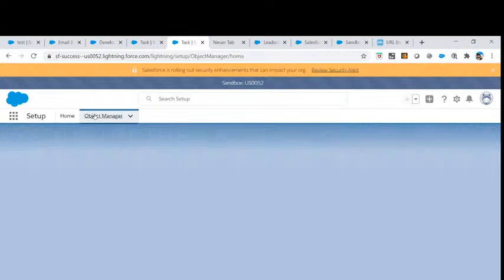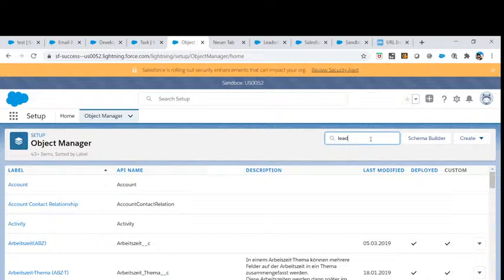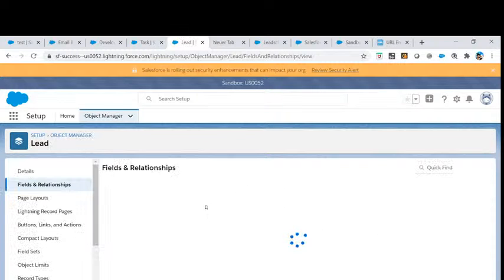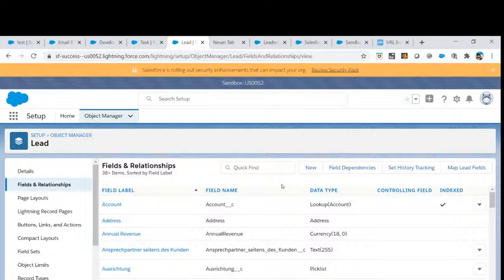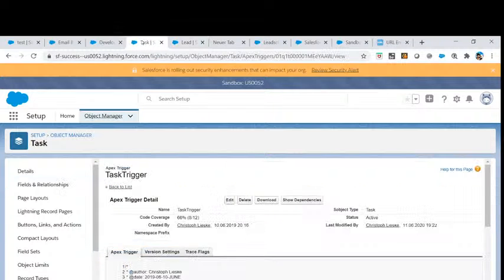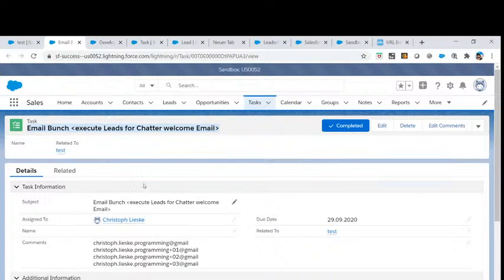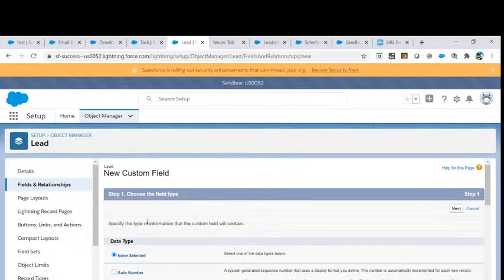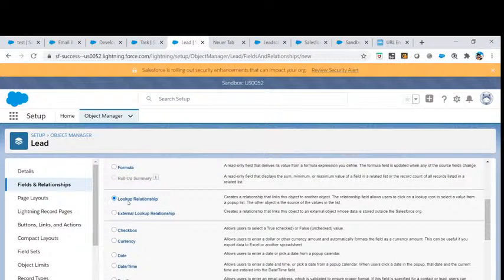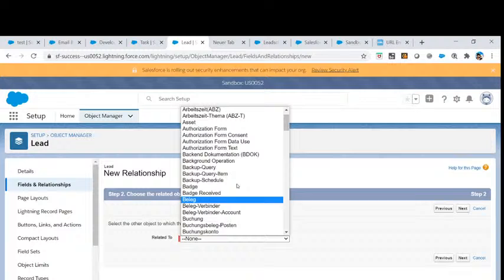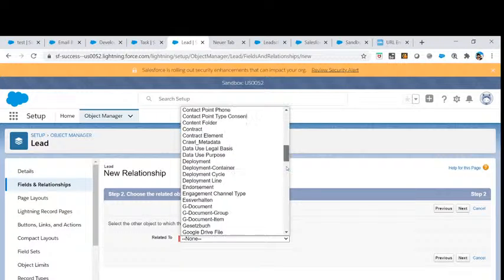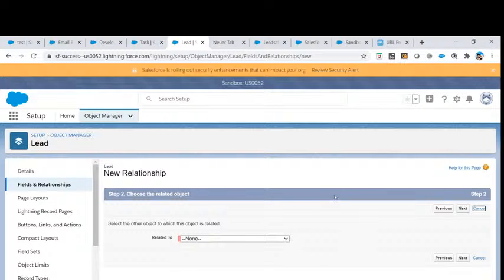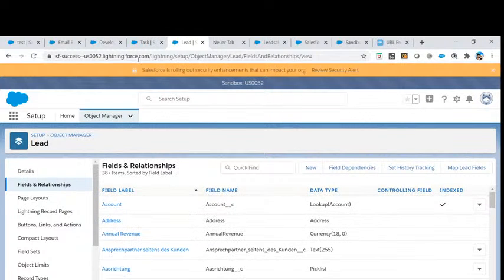I hope it's working. Let's go to the leads. Yeah, we want to create some leads, so we go to the leads and try to make a lookup. So it has been created by this one. So to be sure which task has created it, right? And if we are not creating a lookup, we are at least creating an ID. Yeah, that's enough. Let's go for the lookup relationship. Let's hit activity. Activity is not working, but let's go for the task. So a task is not working either, so we are not going for a relationship, but we are going like